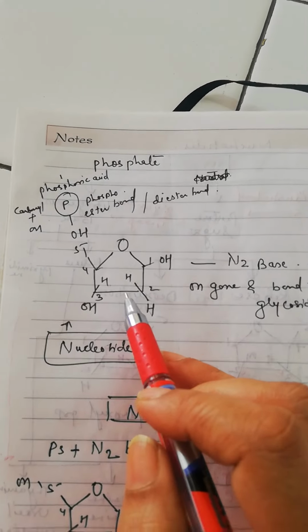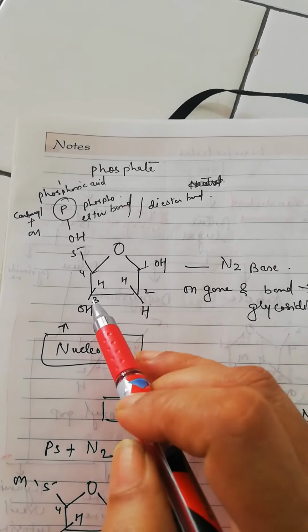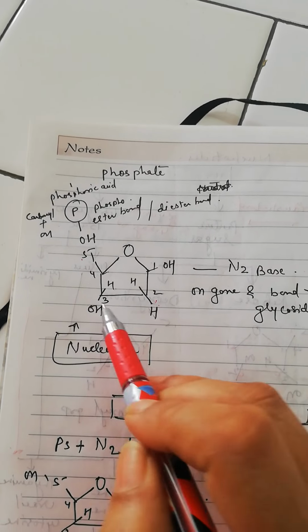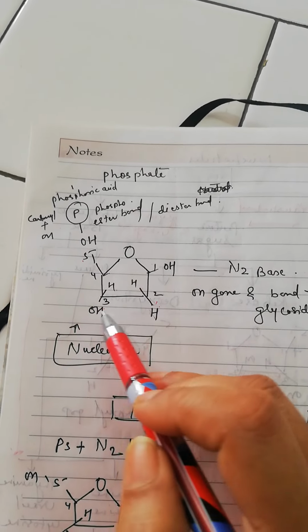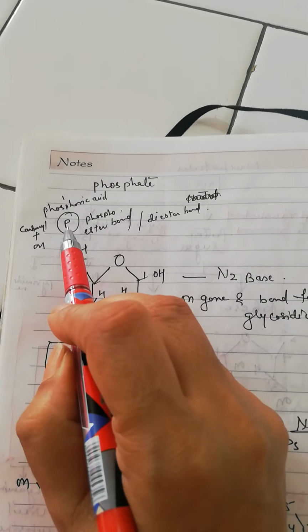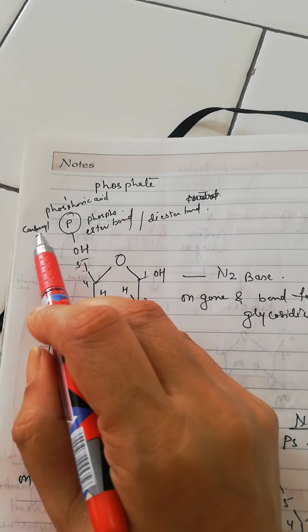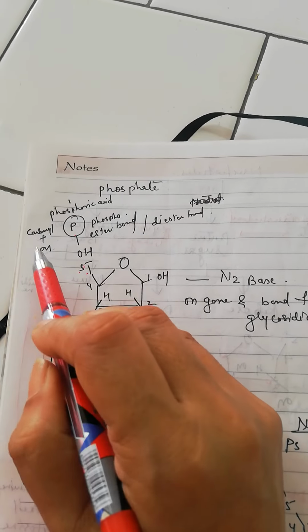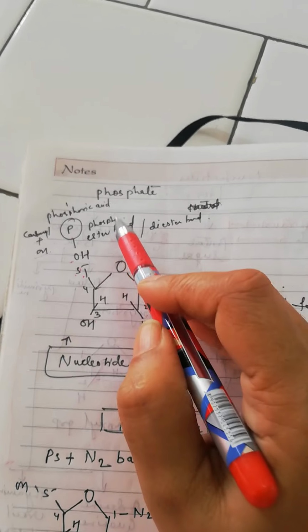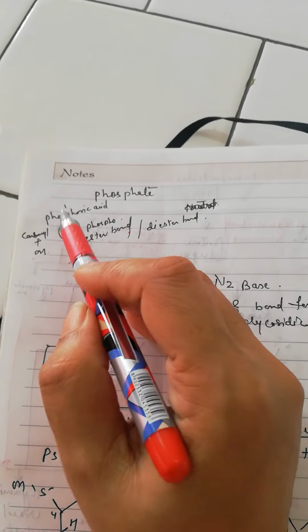So in case of this nucleotide, we know this is a pentose sugar, right? See here, first, second, third, fourth and fifth carbon number. So it is a pentose sugar. With this carbon, it has a phosphate. It has a phosphoric acid or phosphate attached to it, right? Because we can see here that phosphoric acid is attached with the hydroxyl group and it forms a phosphoester bond, and this phosphate has another bonding.